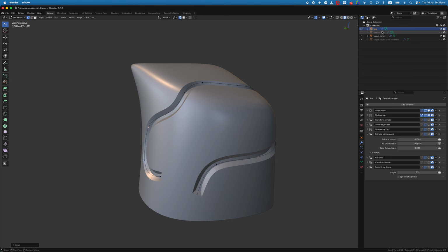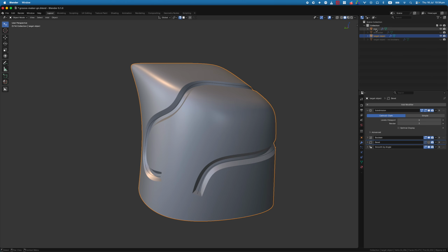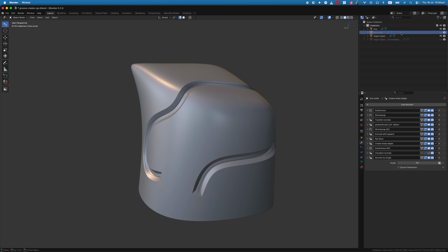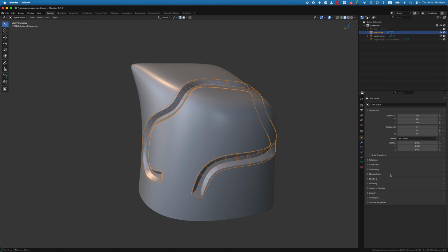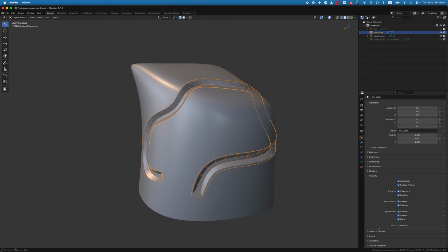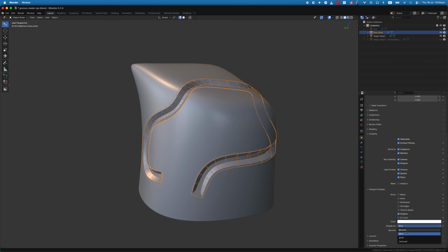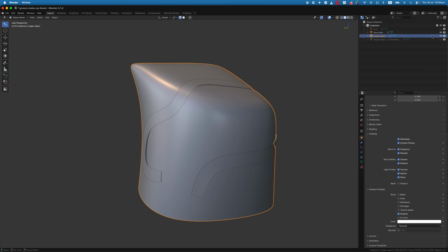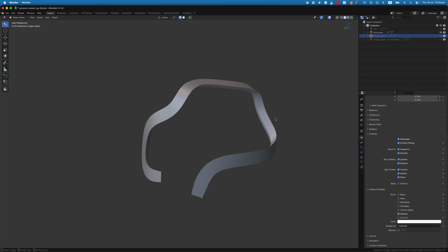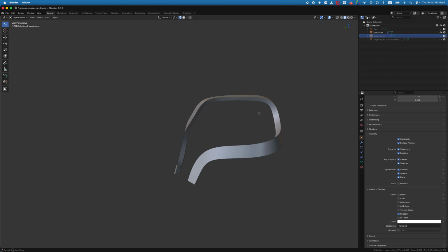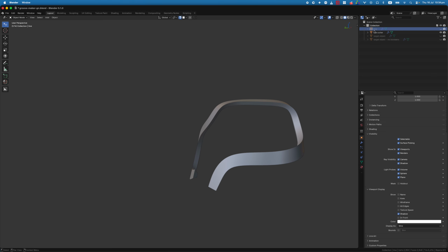First of all, I have a couple of copies of components. Some are involved in actual cutting, like this one is actually involved in cutting. So if we change it back to textured and hide this one, you will see this is my cutter, and then I just made another line that